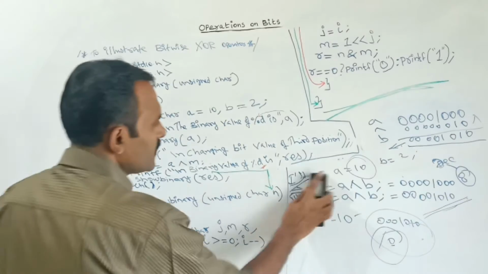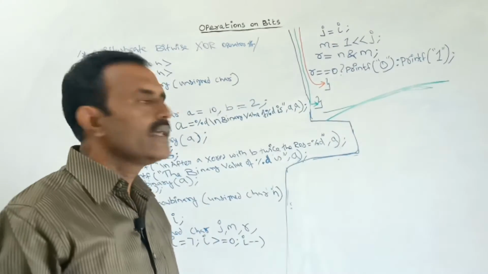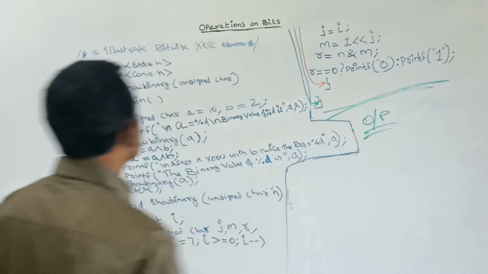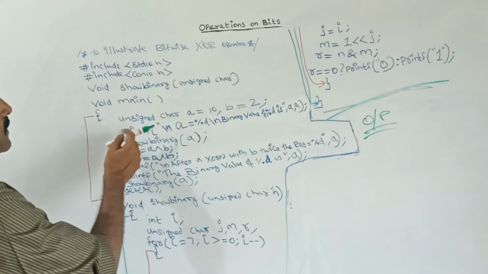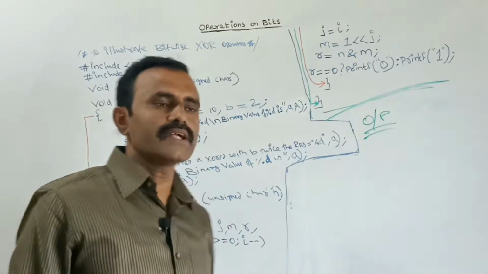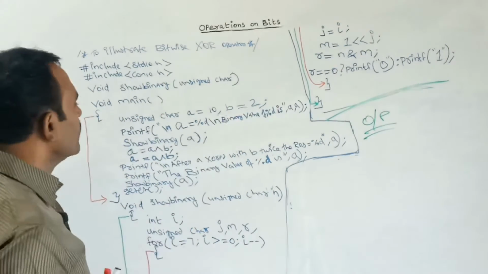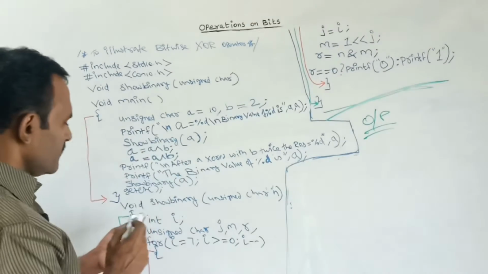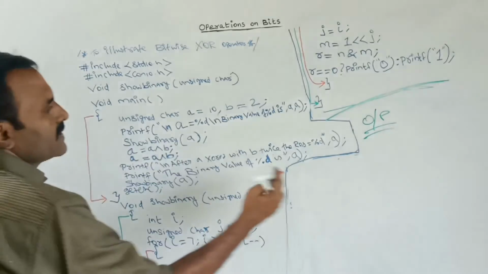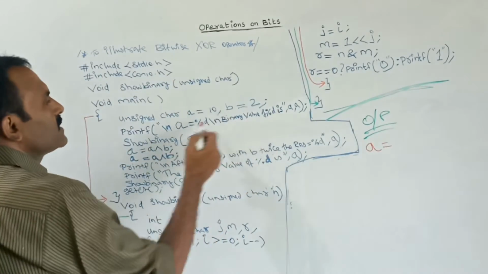Now let us see in the program and see the output here. Here I have declared two variables, A and B. I have stored the value 10 in A and the value 2 in the variable B. Next, in this printf step, the message will print like this: A is equal to %d.